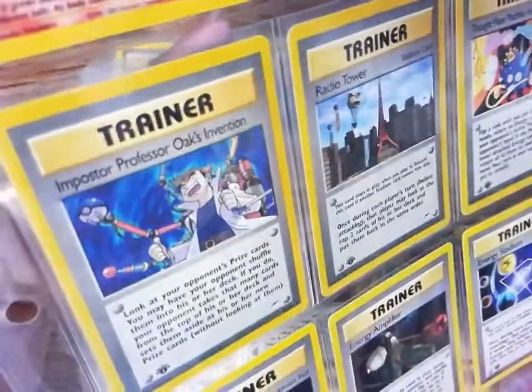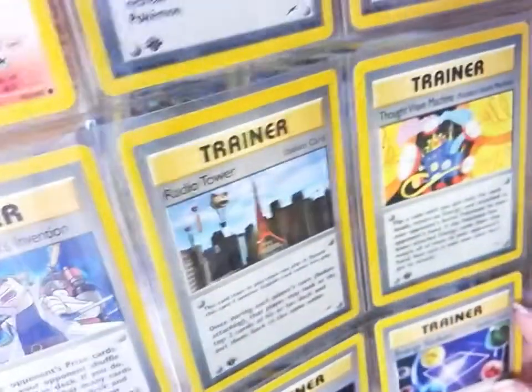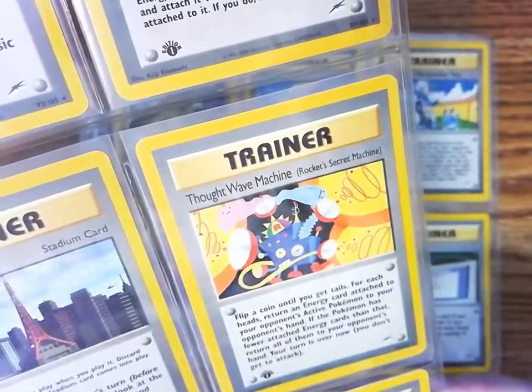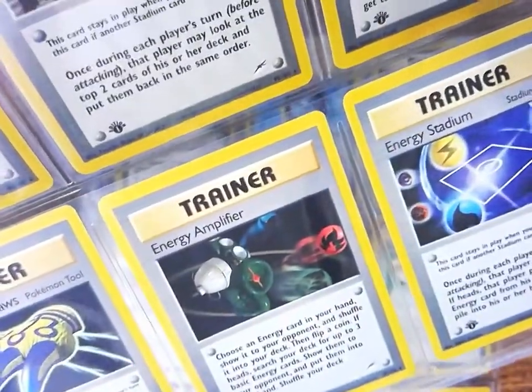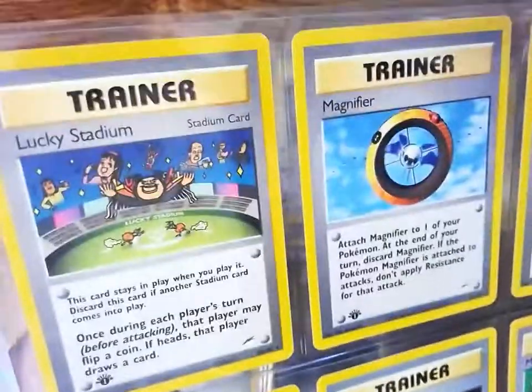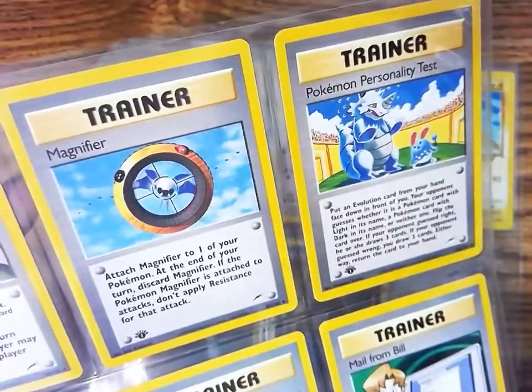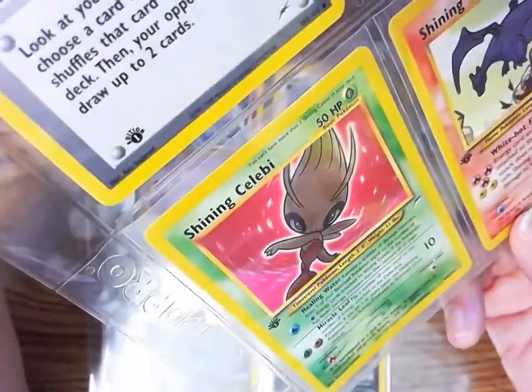Imposter Professor Oak's Invention. Radio Tower. Thought Wave Machine. Kind of chaotic, crazy artwork there. Counterattack Claws, Energy Amplifier, Energy Stadium, Lucky Stadium, Magnifier, Pokemon Personality Test, Team Rocket's Evil Deeds, Heal Powder, Mail from Bill, and then we hit the end and we get to the